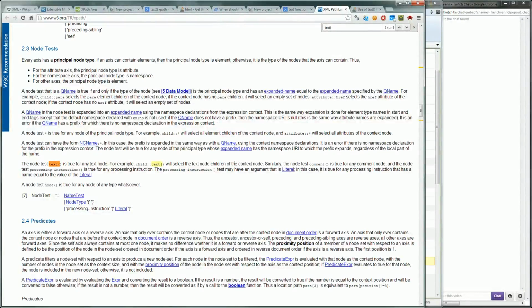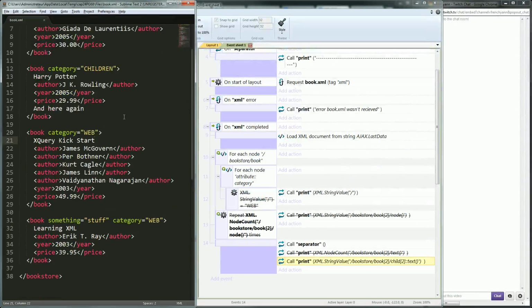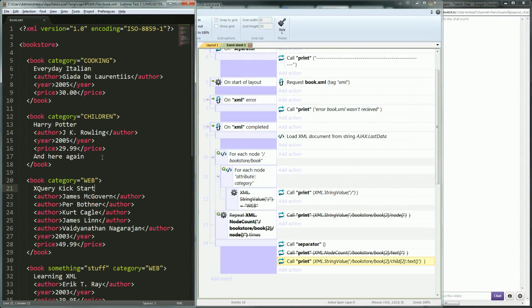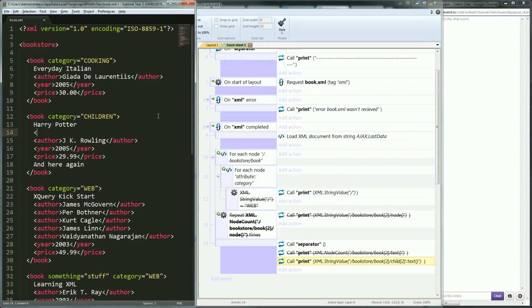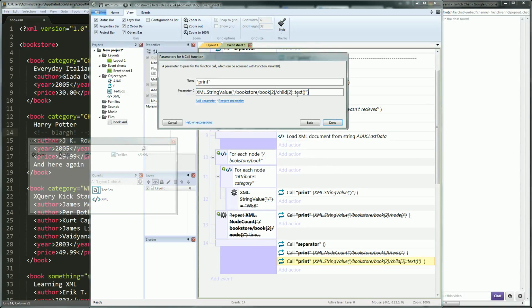Select the text node here and I can... similar, the node test comment is true for any comment node. Oh, that's fun. It means I will test this one. It looks like fun. The node comments can be parsed. That's what it seems to say. If I do that, blah, and I do comment,